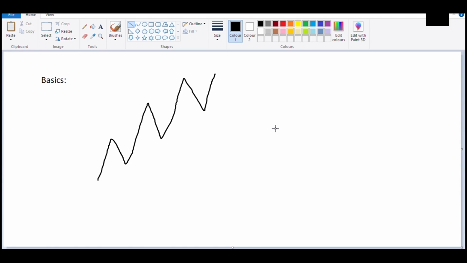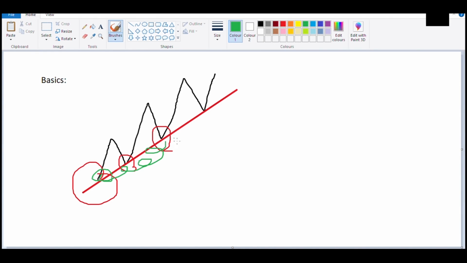The same concept applies to the stock market also. If you draw a line like here, you can see from here the price started going up, then there is some correction and here it had some support and went up, and here there is some support. So this line is acting as a support. Whenever the price comes near this line, the price will shoot up again. This is how the support works.